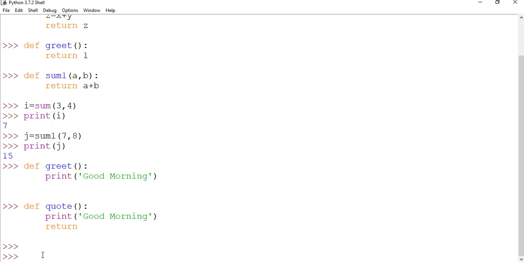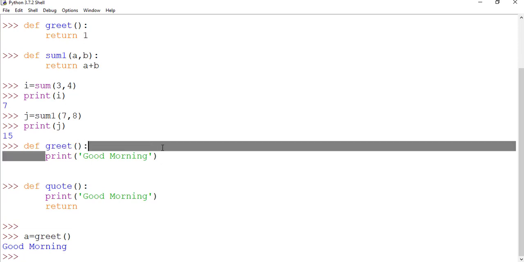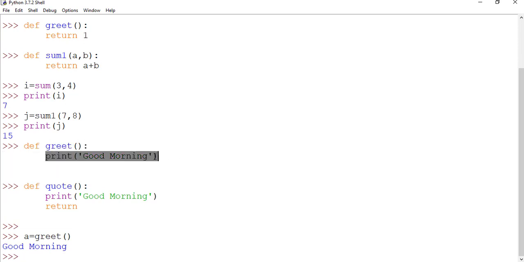So what does it mean? Like, I'm calling this function greet. When I call this function, a is equal to greet, what will happen? This function will get called from here. Then this statement will get executed, and then the return will send control back to this statement.